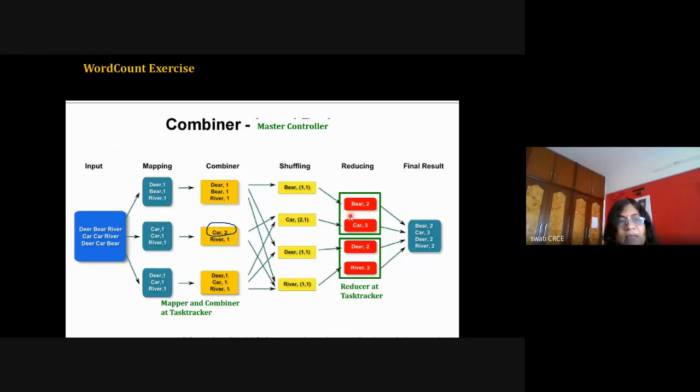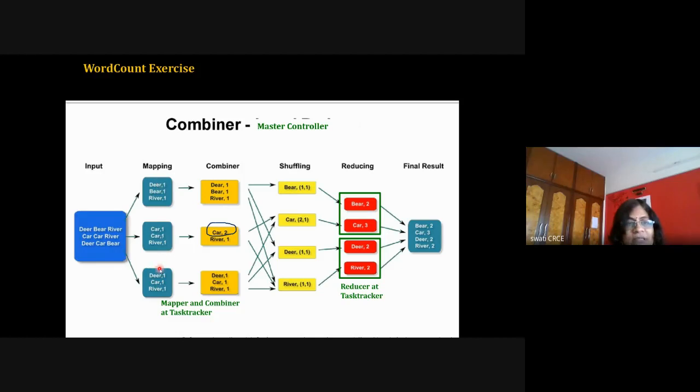Okay, so in the exam, you have to take such an example, and you have to draw this diagram to show the working of MapReduce for the word count exercise. With respect to the diagram, just assume that this is your input file, which contains three lines. I'm assuming that three blocks are created, Block A, B, and C, and they are stored on three different data nodes.